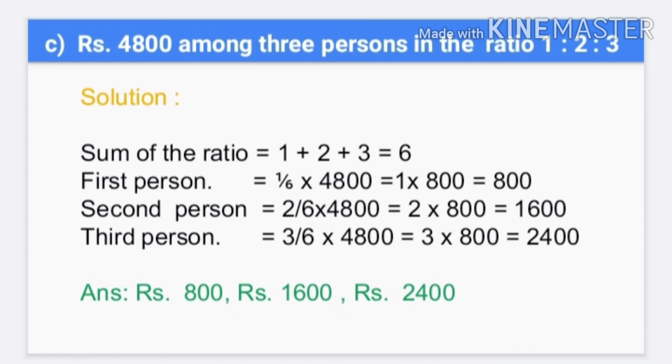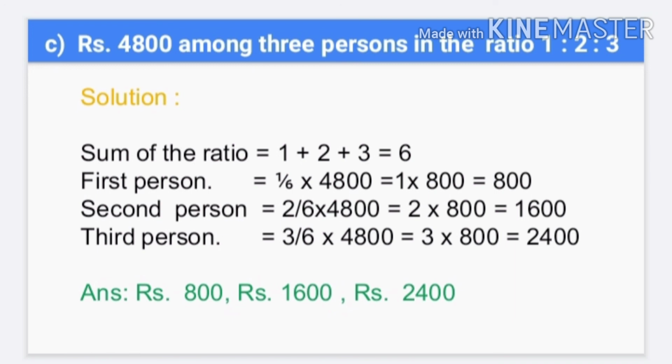Second person, take 2 and divide by sum of the ratio. 2 by 6 into 4800 equal to 2 into 800 equal to 1600. Third person, take 3 and divide by sum of the ratio. 3 by 6 into 4800 equal to 3 into 800 equal to 2400. Answer: rupees 4800 divided in the ratio 1 is to 2 is to 3 is rupees 800,